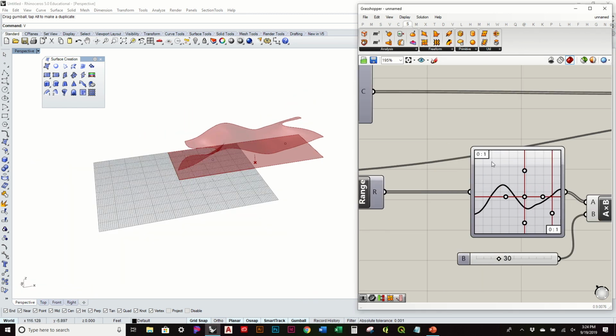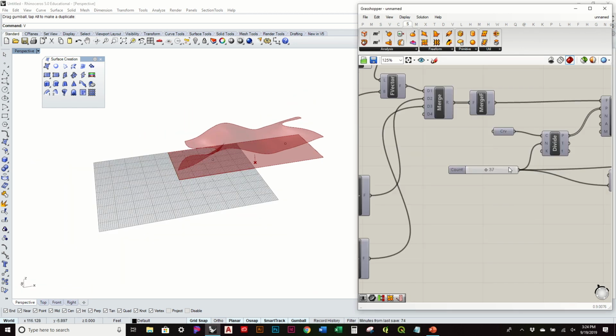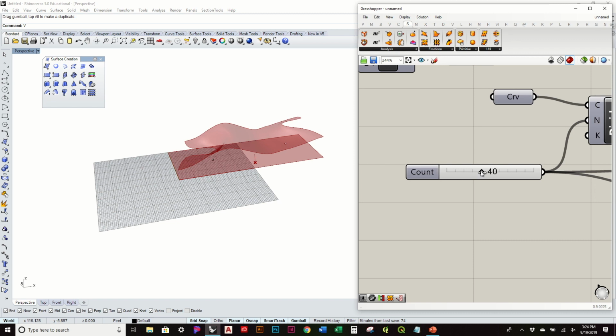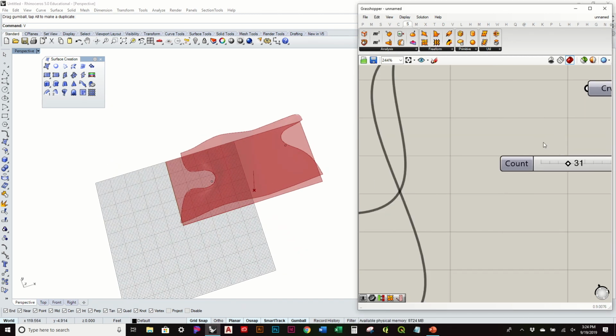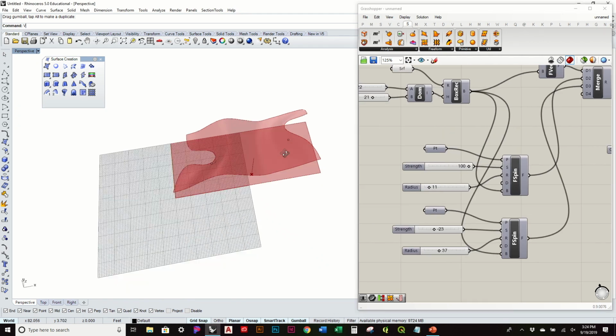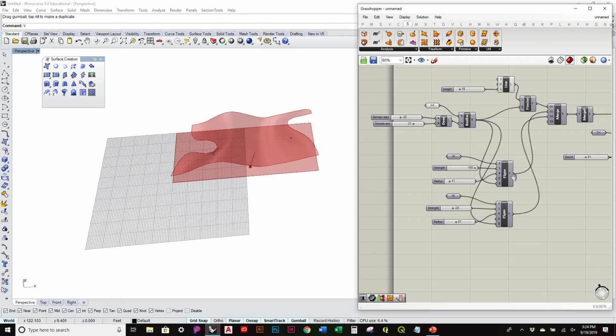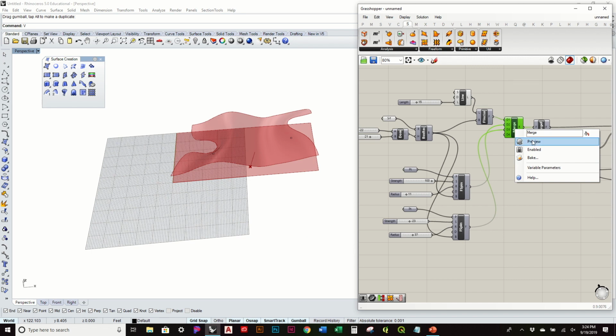So all sorts of different outcomes, and that's just from that graph map, but we can change the density of the points. It doesn't look like it's doing too much, but we can always continue to play with our different